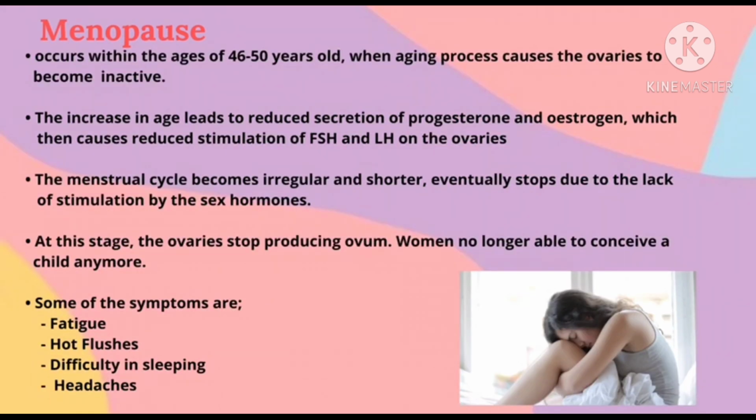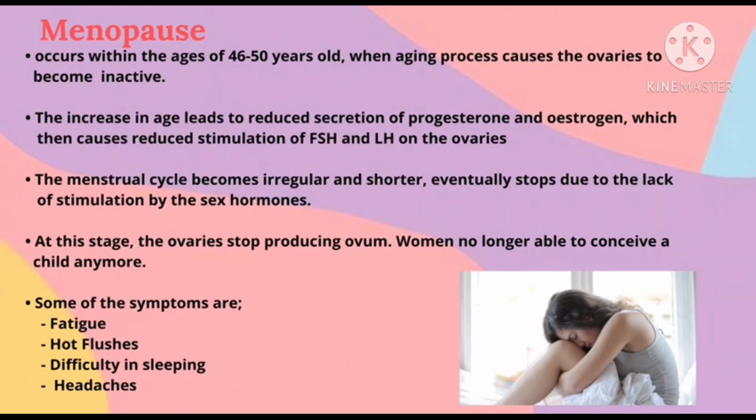And the last part is menopause. Menopause occurs within the age of 46 to 50 years old, when the aging process causes the ovaries to become inactive. The increase in age leads to reduced secretion of progesterone and estrogen, which then causes reduced stimulation of FSH and LH on the ovaries. The menstrual cycle becomes irregular and shorter, eventually stopping due to the lack of stimulation by